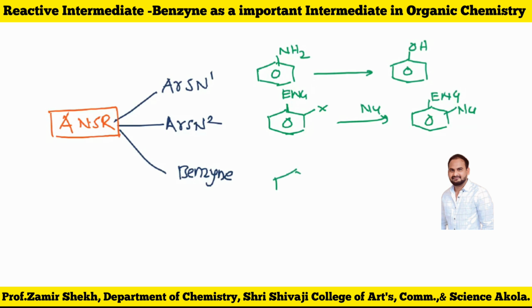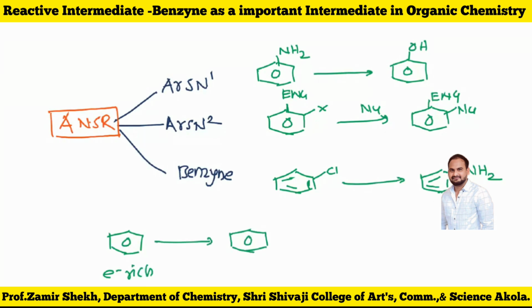And similarly, now we are going to discuss benzyne. So the benzyne chemistry is somewhat different. So here chlorine is replaced by NH2 now, as seen earlier in the reaction in the last slide. So these are the nucleophilic substitution reactions which are done on the aromatic skeleton. Benzene is electron rich, and I am going to convert benzene into benzyne, which is electron deficient, and so I am going to add any nucleophile. So that means you cannot add any nucleophile onto benzene because it is not possible. You cannot remove this chlorine by simply adding any nucleophile.